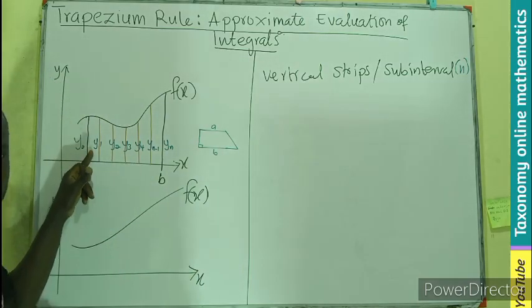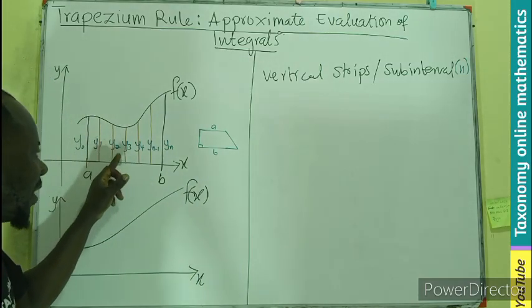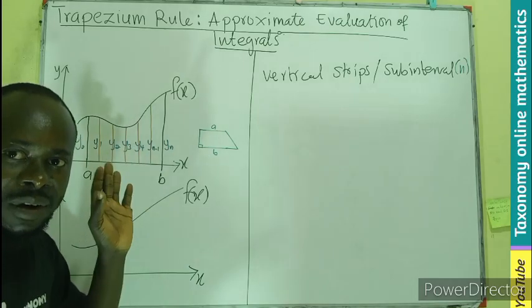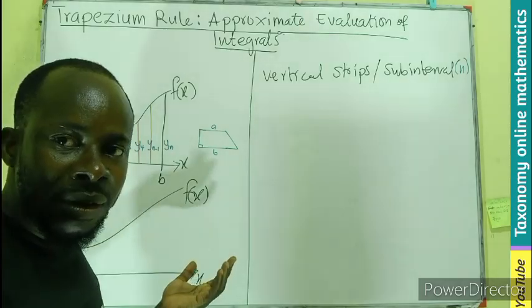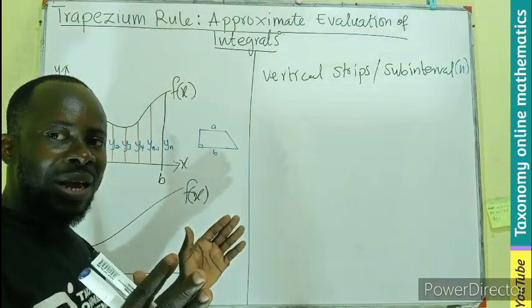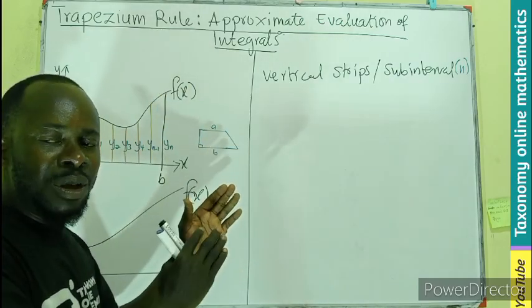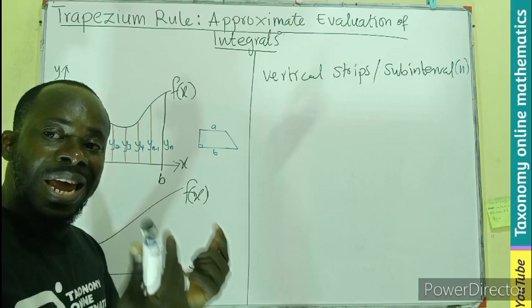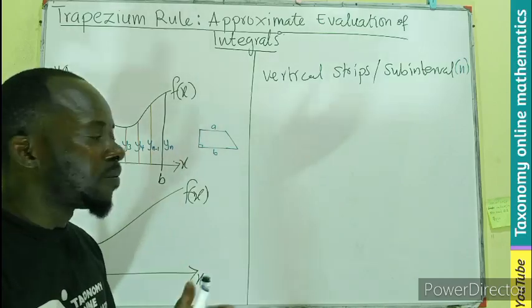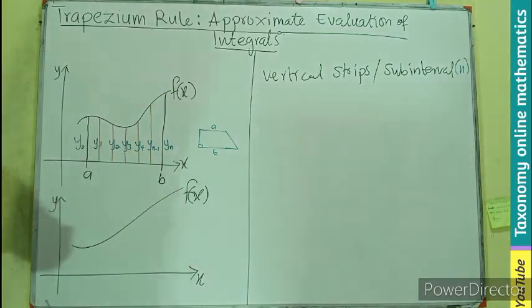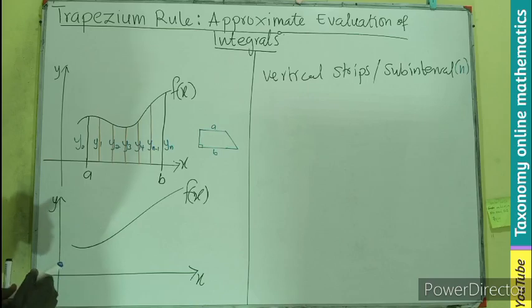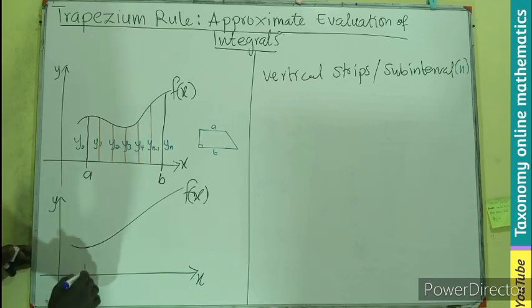The area of the first trapezium, second, third, fourth, 5, 6. You add all of them. If I am to find the area bounded and I have a series of trapeziums, I'll just find their areas, because already we know the area of a trapezium, right? Good. Now, if the same is being extended here from A to B,